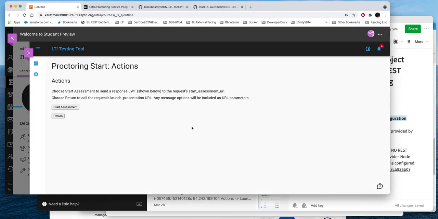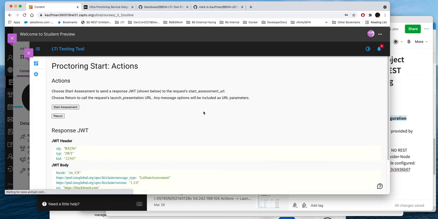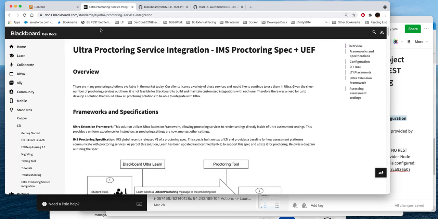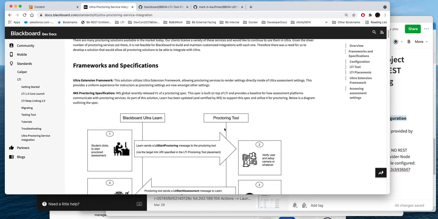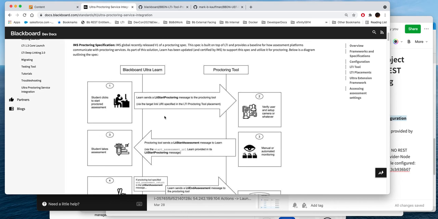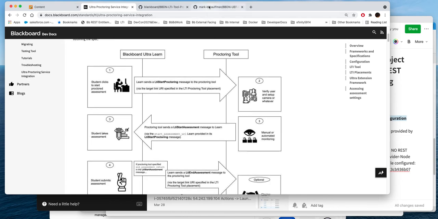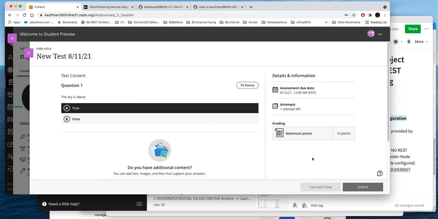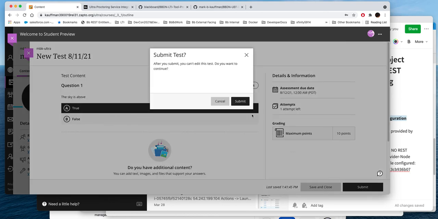Build the payload, start assessment, and so the proctoring service went ahead, and this is all documented here on how this works. So we see that we just did this LTI start proctoring and we started the assessment. And so now the student takes the test, submits their answer,